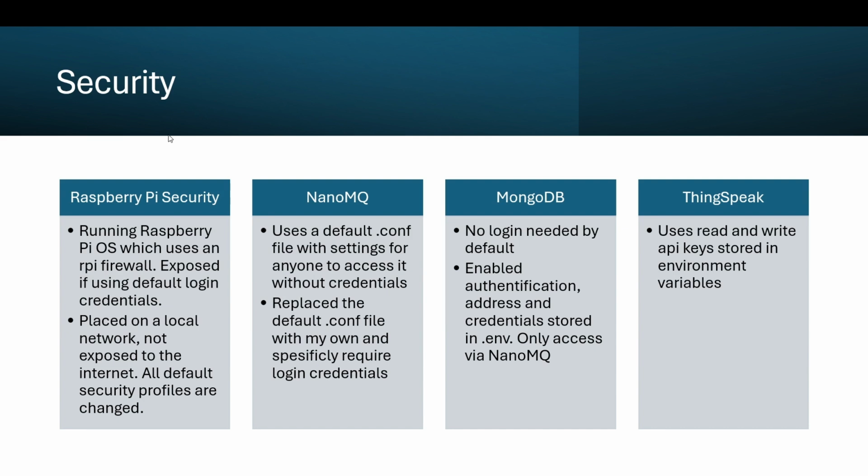For security, there are some different vulnerabilities with each of these parts. The Raspberry Pi is running the Raspberry Pi operating system, 64-bit, which uses an RPI firewall, and these are often exposed because many use default login credentials, and also because you need to keep updating them, and you often leave Raspberry Pi systems for later or for embedded systems, so you don't often connect to them and keep updating